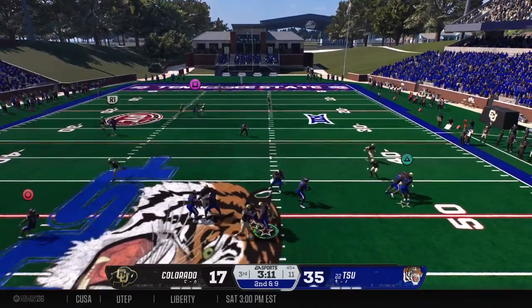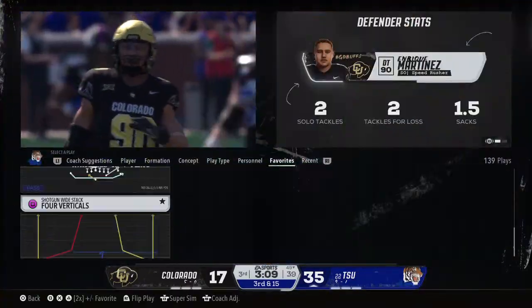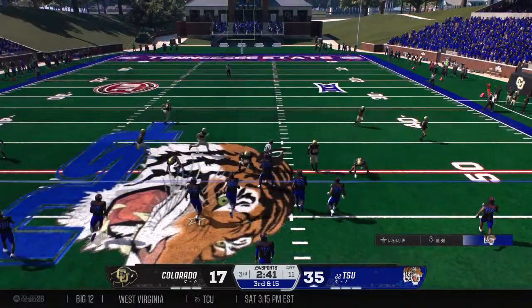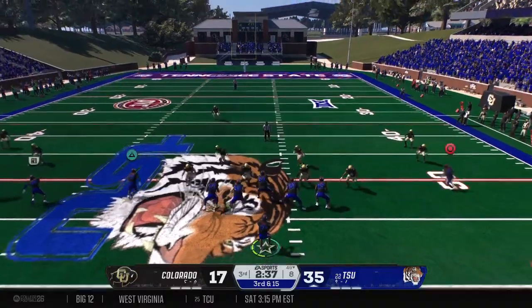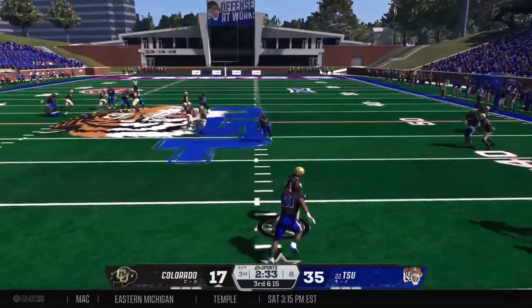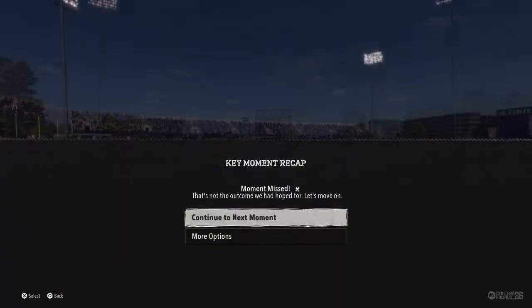Just too much of a rush, and down goes the quarterback just behind the midfield stripe at the 49. Now a lot of work to do to move the chains, keep this drive alive after that earlier sack. Fires to the middle. It's picked off, and that's number 10. Never had a chance to get...